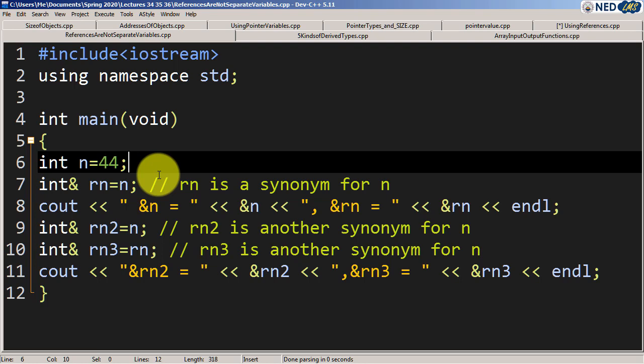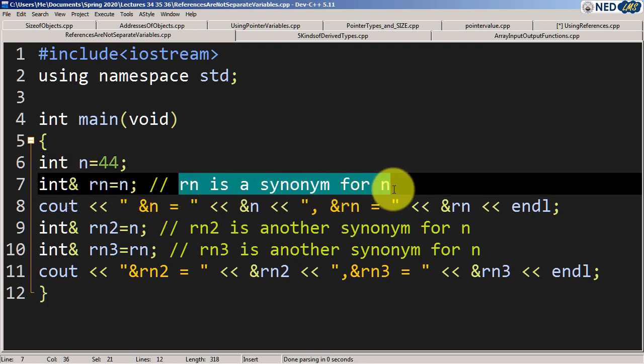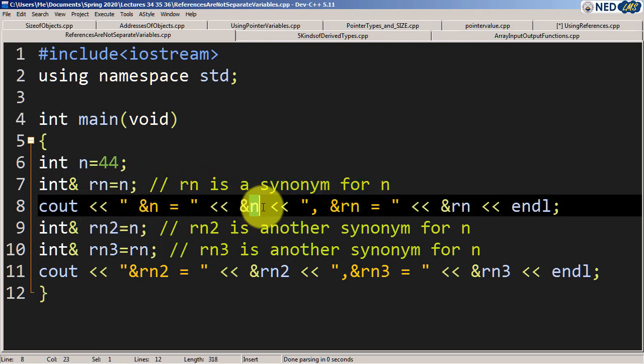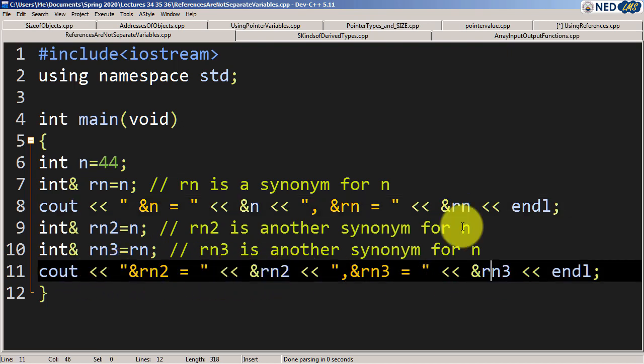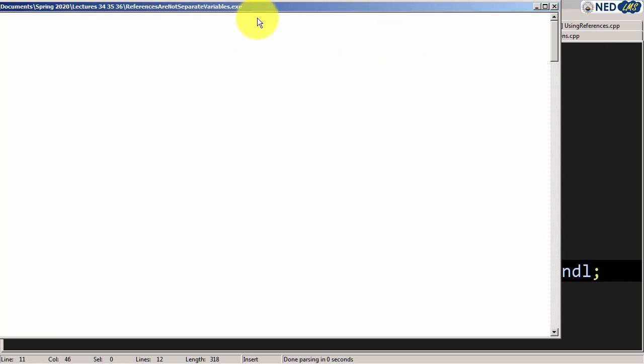We have declared a variable int n = 44. Then we have declared a reference, int& rn = n, and rn is just a synonym for n. Then we are printing the address of n and the address of rn. Then we are declaring another reference to n, and this rn2 is another synonym for n. And this rn3 is another synonym for n. Now we are printing the addresses of rn2 and rn3. So if I run this code,